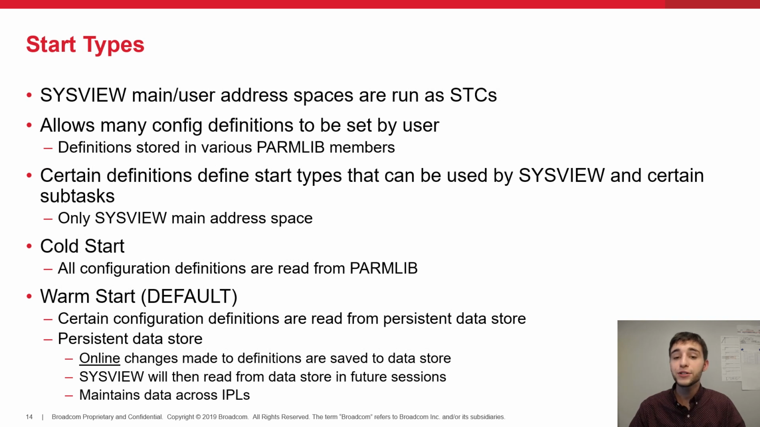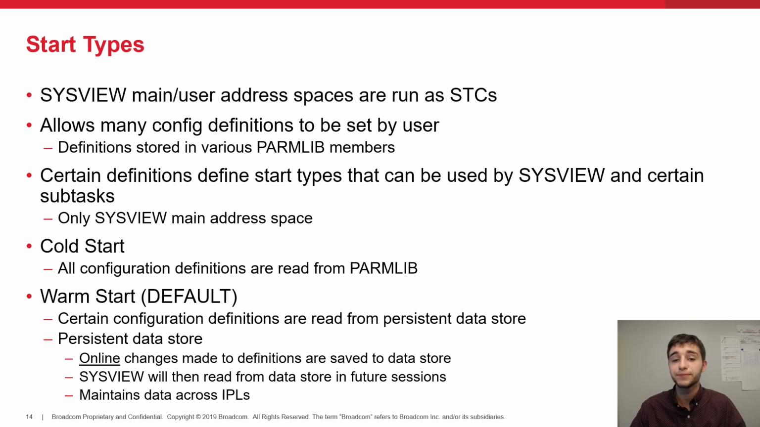The SysView address spaces are run as started tasks. For the main address space and several subtasks running underneath it, SysView introduces the concept of a start type. This concept basically determines how certain library members are read in. There are two start types, cold and warm. When something is defined to run cold, all eligible library members are read directly from disk. When something is defined to run warm, which is the default, it uses a new type of technology called a